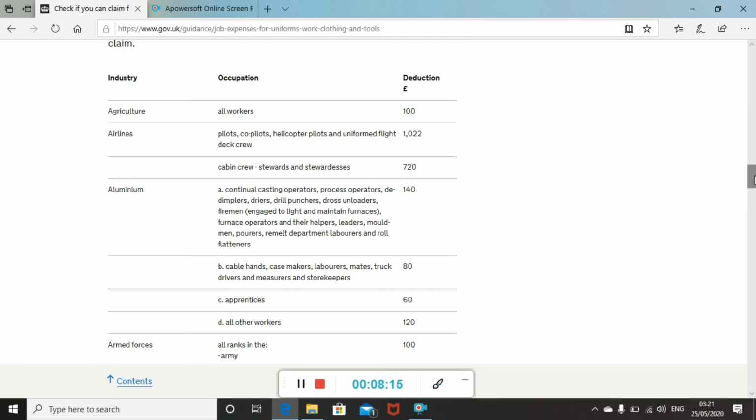Uniform and tools only. So if you decided to use this flat rate allowance, you would not be able to claim any more for your uniform or tools. You can, however, still claim for other expenses on top of this. Travel was the other expense that we gave, so you could claim for travel on top of this flat rate